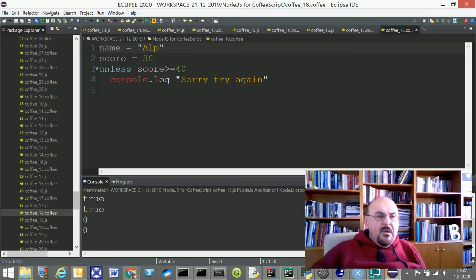File 18. Okay, unless. This is the opposite of the if comparison, in fact. This is new for CoffeeScript. As far as I remember, I haven't seen such a thing. Maybe Ruby, no, I haven't encountered it. Anyway, okay, I define my name and the score that I obtained at the last exam, and I make